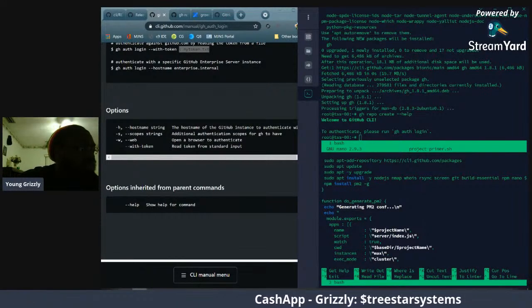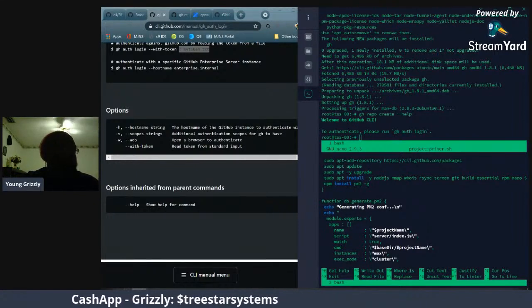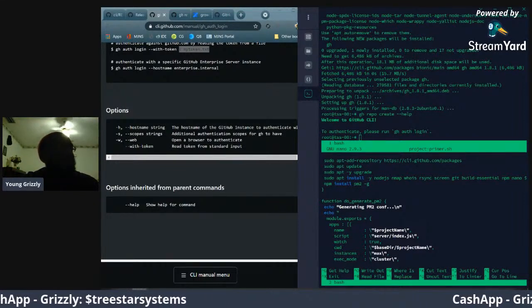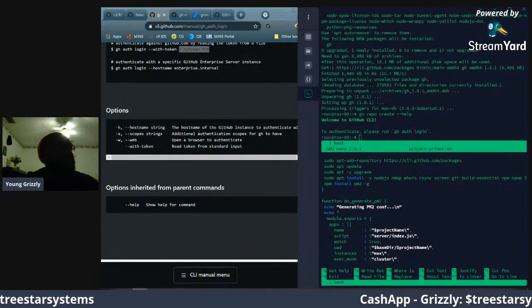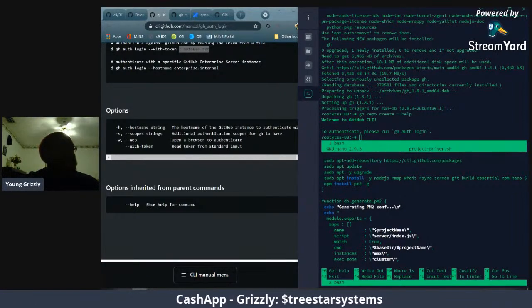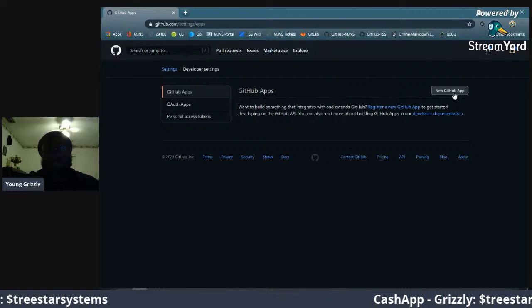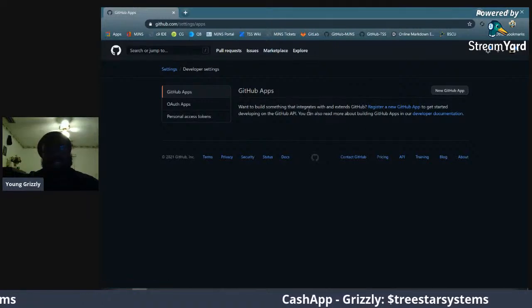Oh, I never put in a token for this one. All right, so under GitHub, go to settings, github.com/settings/apps. Here, I'll show you this part at least. You can choose new GitHub app, and after you do that, because I actually had to do this the other day,